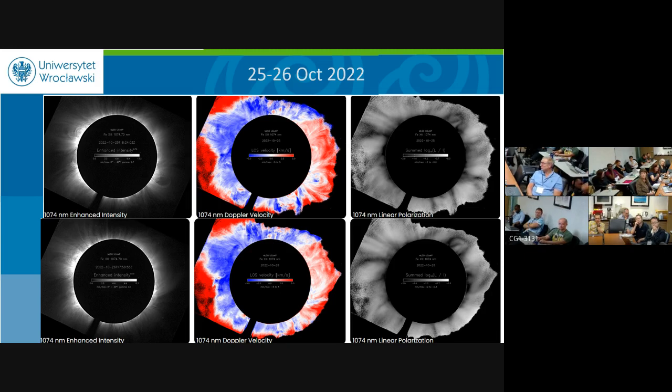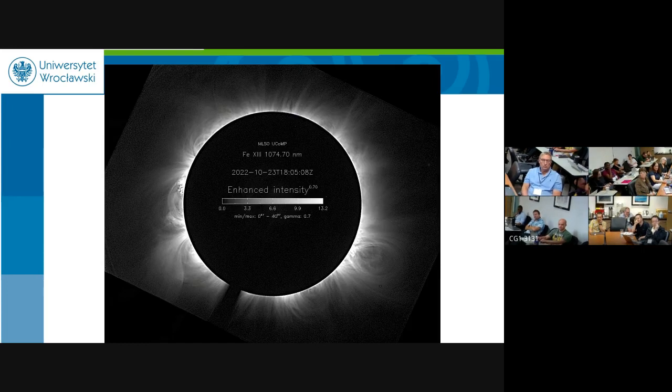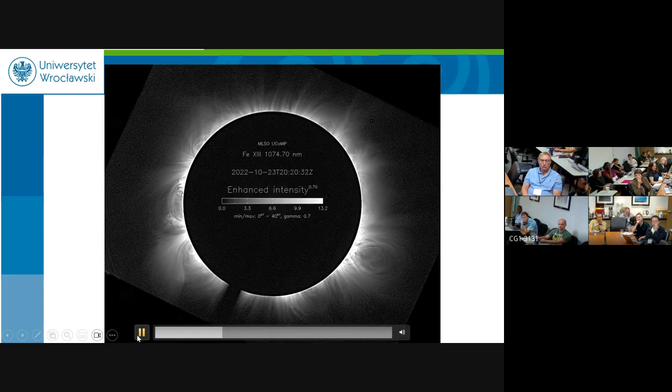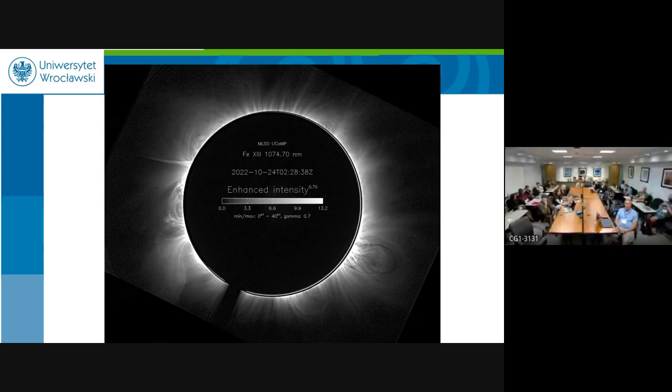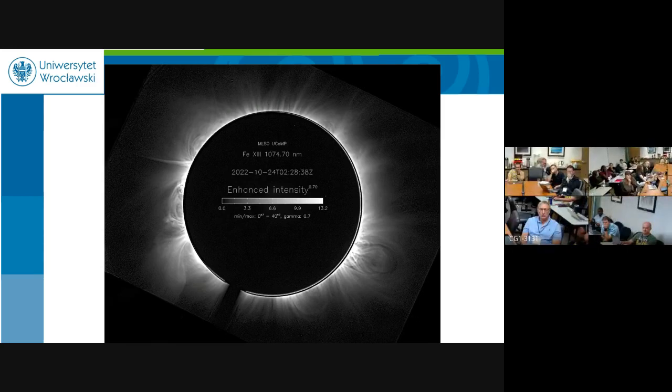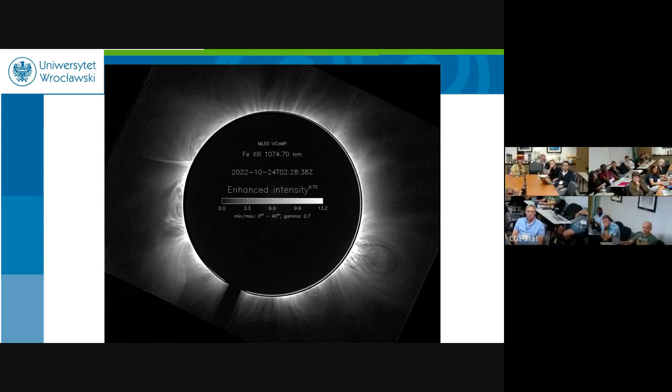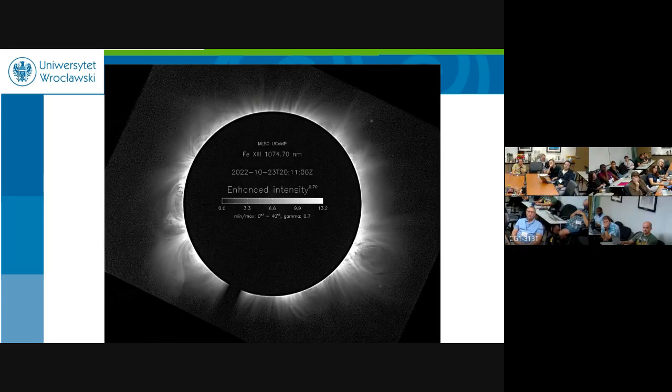For this particular case we can see the structure moving, and at the end of the day you can see the eruption. So we saw only the beginning of the eruption. With AIA it's of course easier, because we have